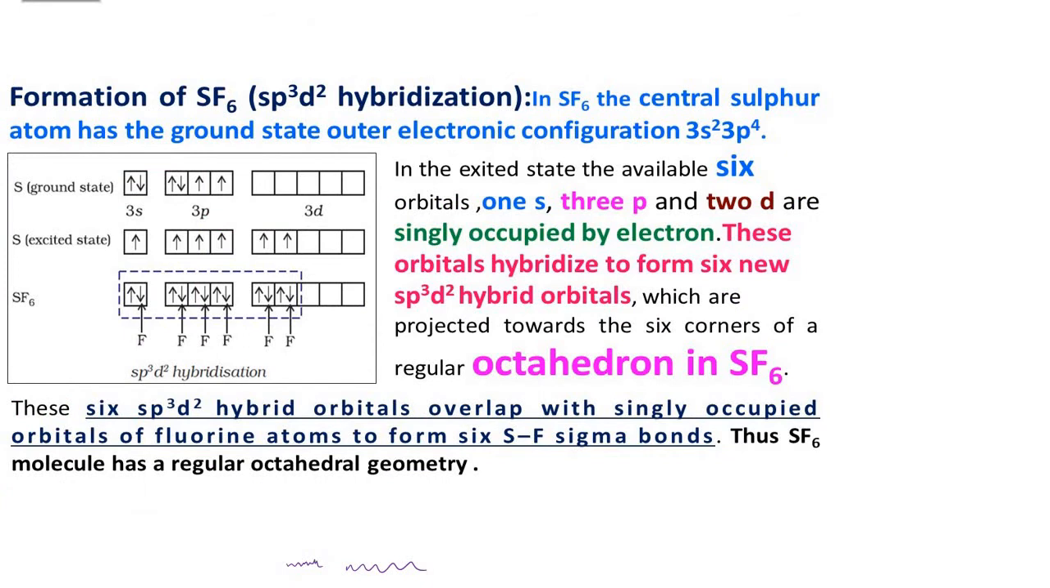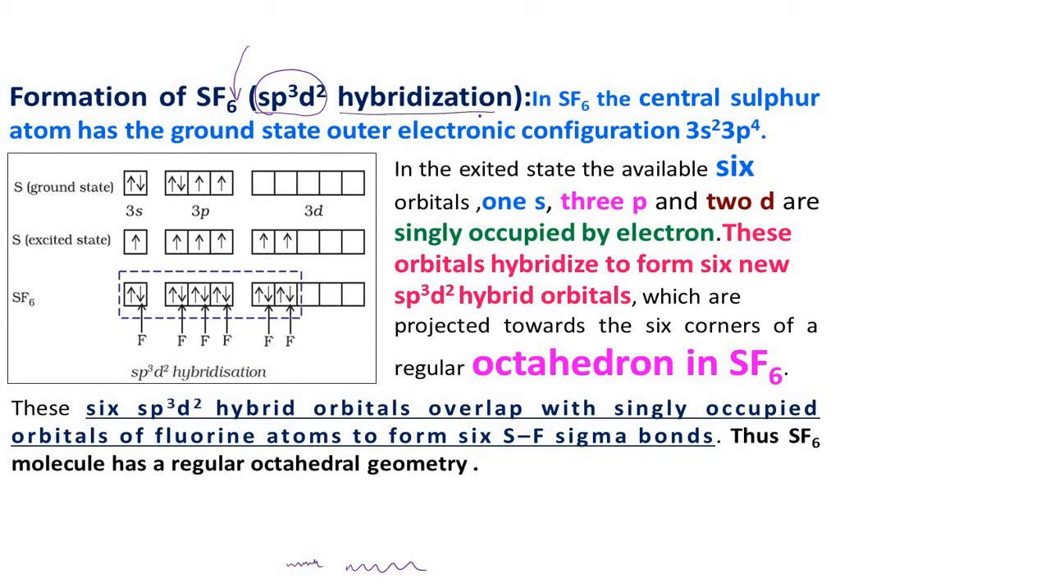Now let us concentrate on another example, that is the formation of SF6, that is sulfur and fluorine. And fluorine, how many are here? That is 6 fluorine atoms, right? And the hybridization is sp3d2. So far we have learned sp3d, but now we are going to learn